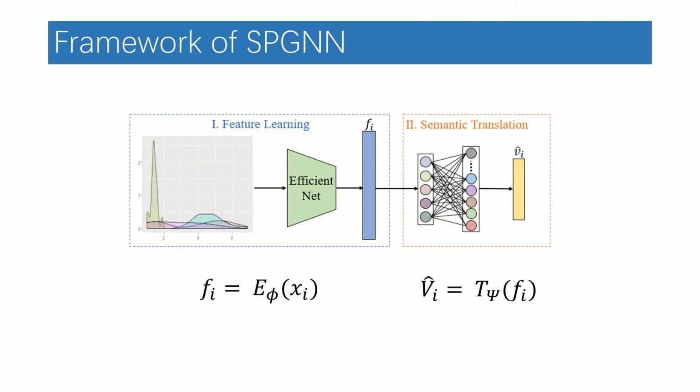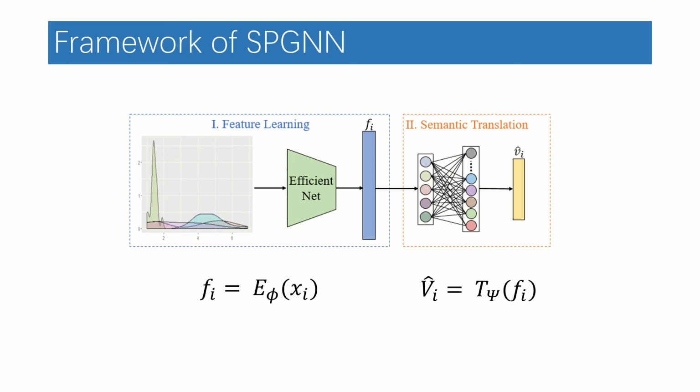Now, I will elaborate on our proposed method. The first part of our method is feature learning. Here, we choose a very recent CNN module named EfficientNet B3 as a feature learning network. We use a feature extraction network as a mapping function of our feature learning module, which can be denoted as a function. The visual feature I is a pooling result of the last convolutional layer's output. E and phi are the feature learning and its learnable parameters.